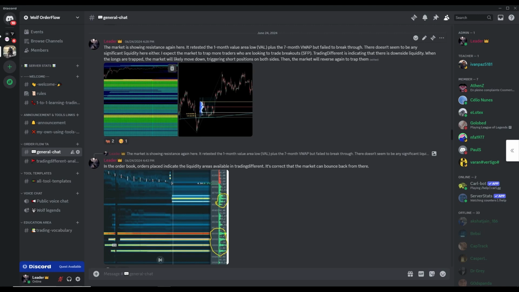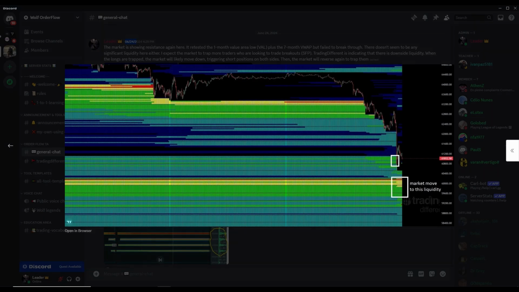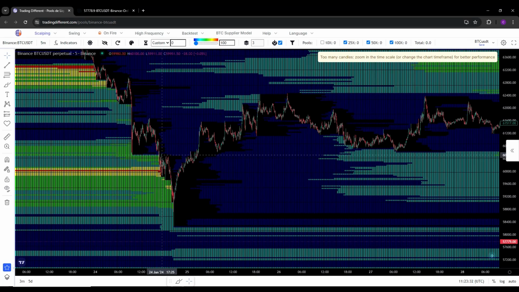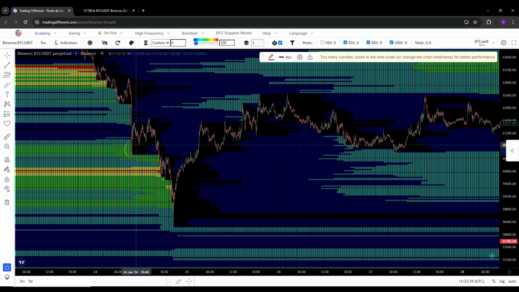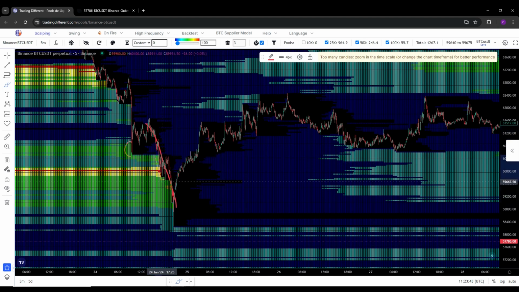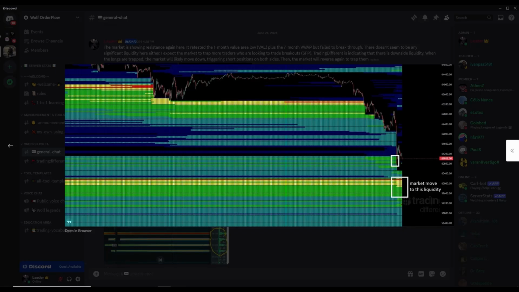Let's go to Discord. I posted on 24th June that there are a lot of people trading SFP and filling limit orders on the order book, and longs are opening up. This is a market trap. Now, the market wanted to go down because there's liquidity below that needs to be swept. When the market reached this level, I posted that the market has swept the medium liquidity and major liquidity is pending.